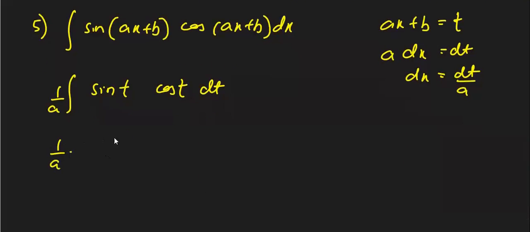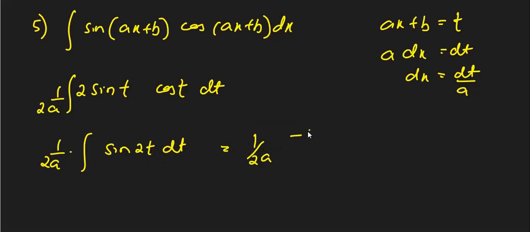So 1 by a. Now listen to me. If you have 2 over here, 2 sin t cos t can also be written as sin 2t, right? So multiply by 2, divide by 2. So 1 by 2a, 2 sin t cos t can be replaced by sin 2t dt. So 1 by 2a integral sin 2t dt, that is minus cos 2t divided by 2 plus c,